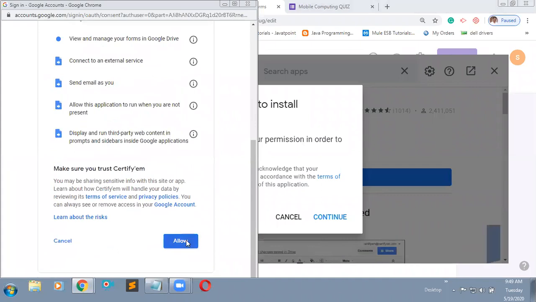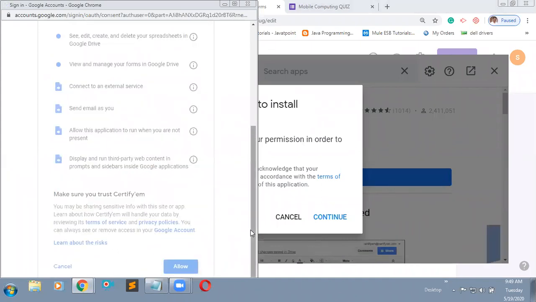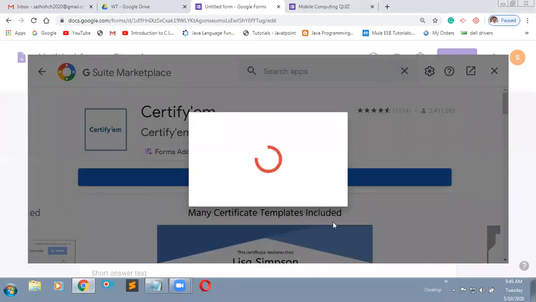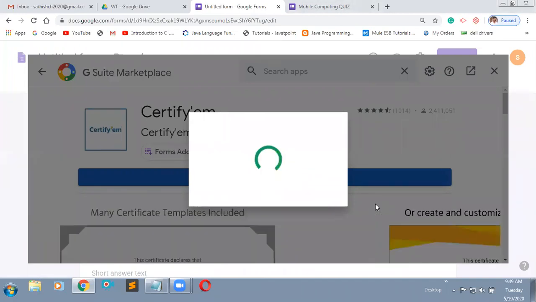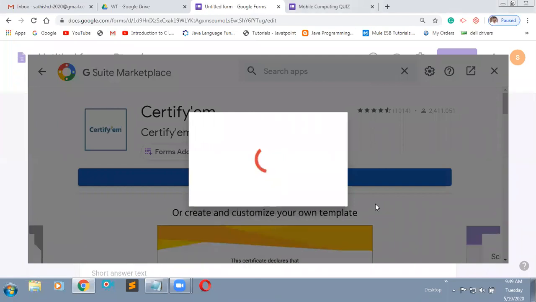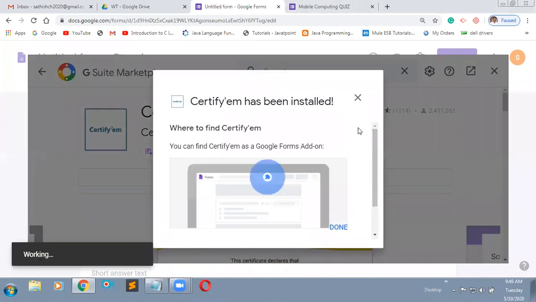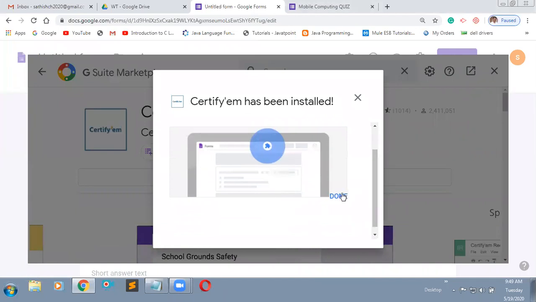Just allow this one. It is going to install into your Gmail account. Okay, now it is installed into your Gmail account.